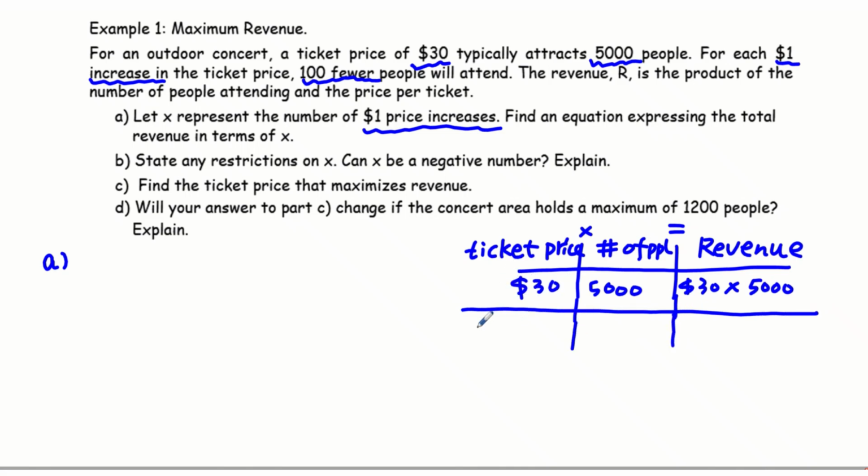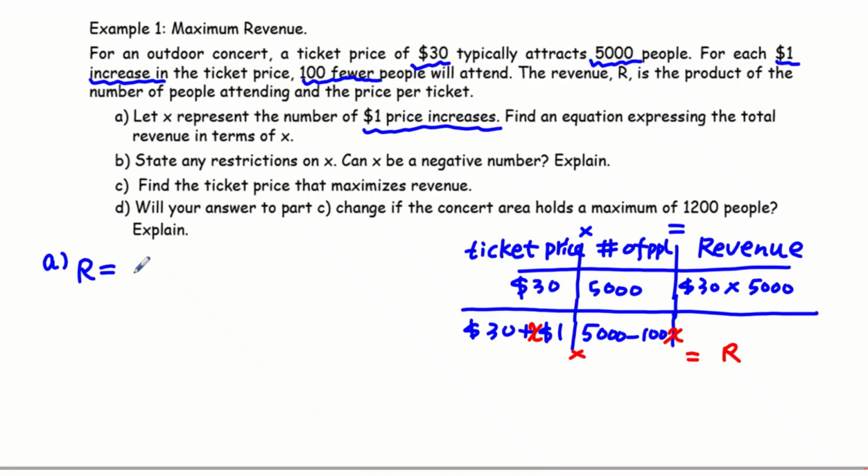So 30 plus, each time you increase $1, you increase X times. So if we increase $1, then it will be 5,000 minus 100 people. Now increase X times, so X times $1, then it will decrease 100 times X. So these two times together give you the revenue. So this is how you get the